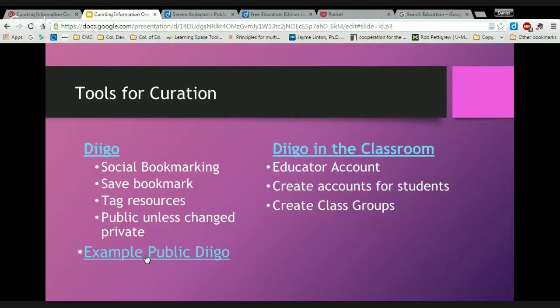So basically, instead of using, say, Internet Explorer's or Firefox's or Google Chrome's bookmark feature, you save it to Diigo. You can save the bookmark. They've got an extension here that you can add to your browser. You can tag resources. One thing you need to watch out for with Diigo is everything is public unless you